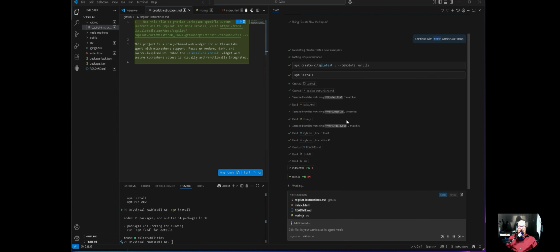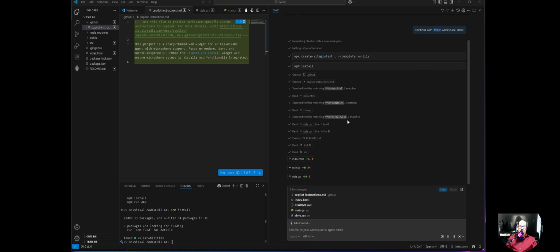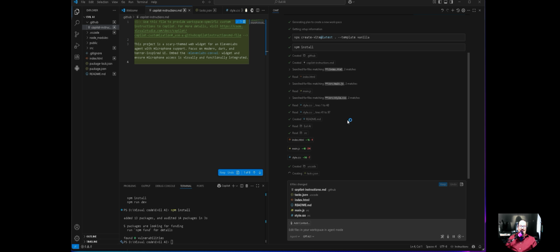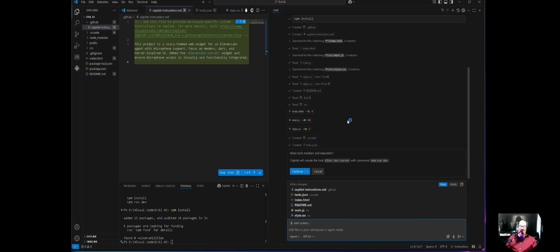That's okay. And it's continuing doing stuff, and I've got to wait until it's finished, but it's doing a lot. Now, I did give it the widget and some explanation of what I wanted. Now, is it going to make it scary? Trust me, you'll be as surprised as I am if it even tries.